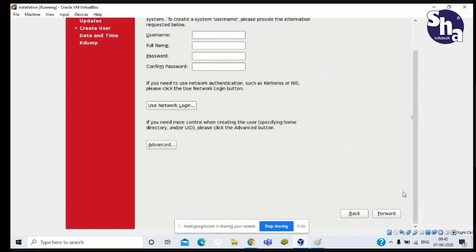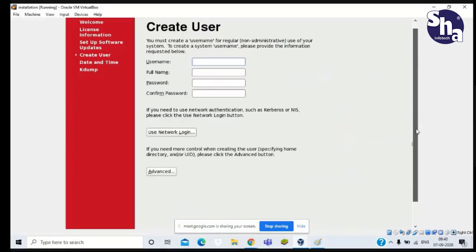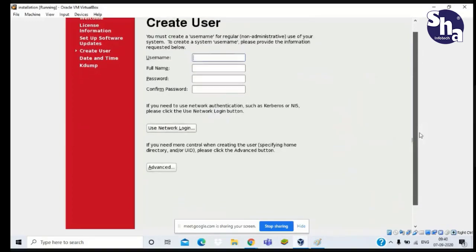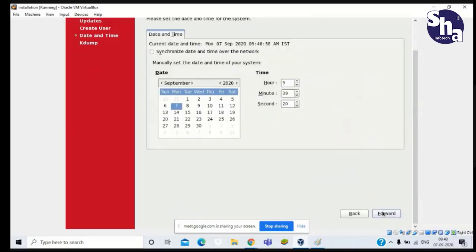Here it is asking us to create a user. You don't need to create the user. We will create it afterwards when we do our third step, the Oracle software installation prerequisites. Next, forward.